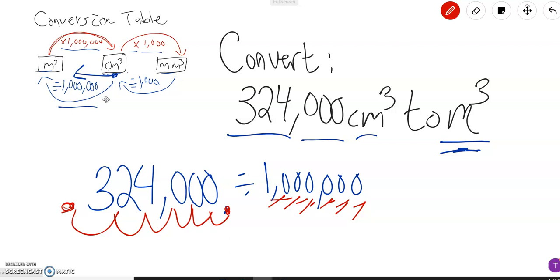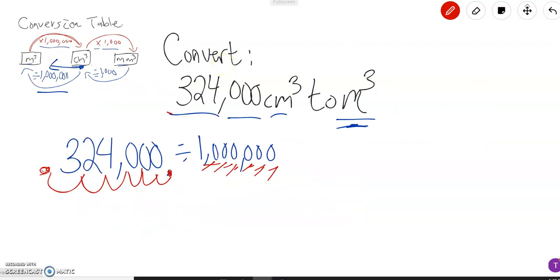So what does that mean? Well, if we're asked to convert this huge number in cubic centimeters to cubic meters, we now write our answer that in cubic meters it would be 0.32